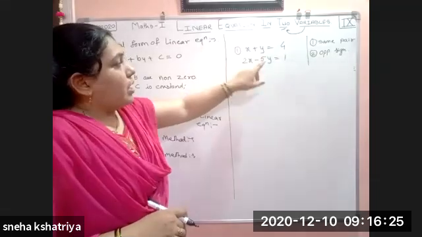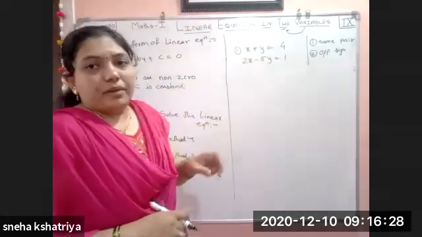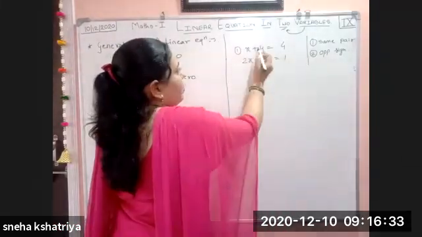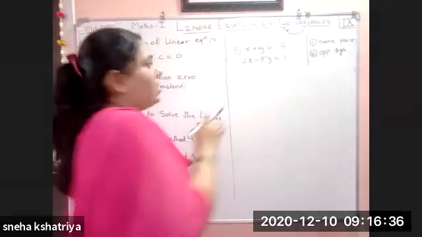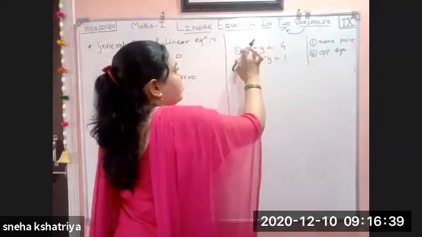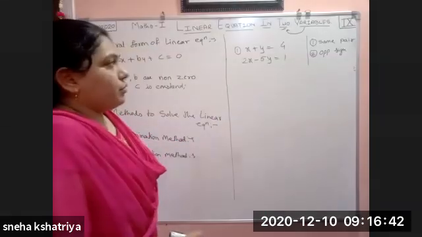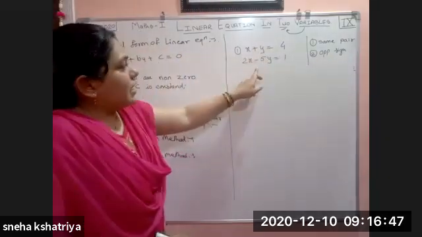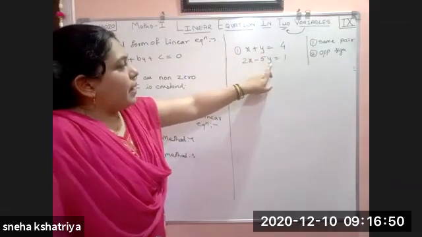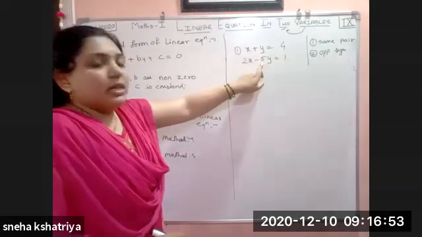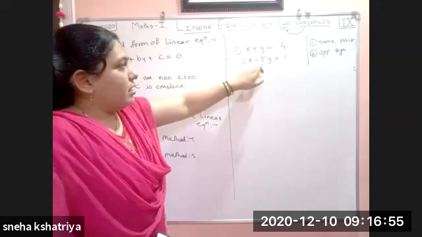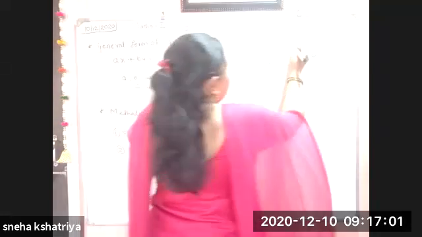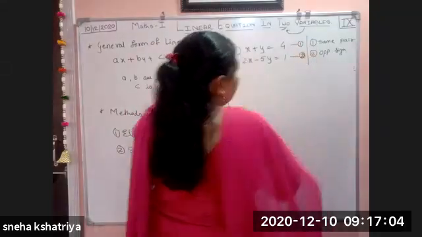But we don't get any common pair. We don't get the same pair. Neither is 2x there, nor is 5y there. So in such an example, what do you have to do? Then you have to look at the second thing, that is opposite sign. Is there an opposite sign? Yes, here plus y is there and here minus y is there. So if we adjust only the constant, this will become a same pair. Say this is equation 1, this is equation 2.